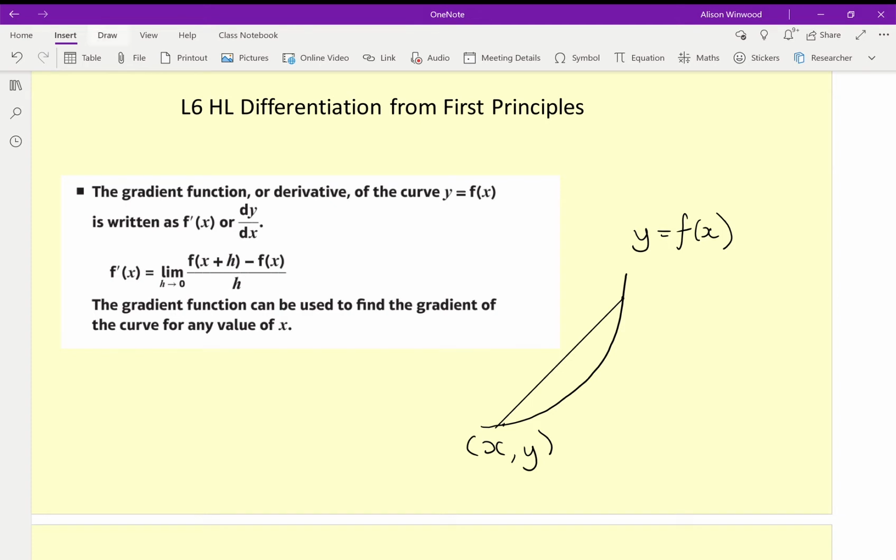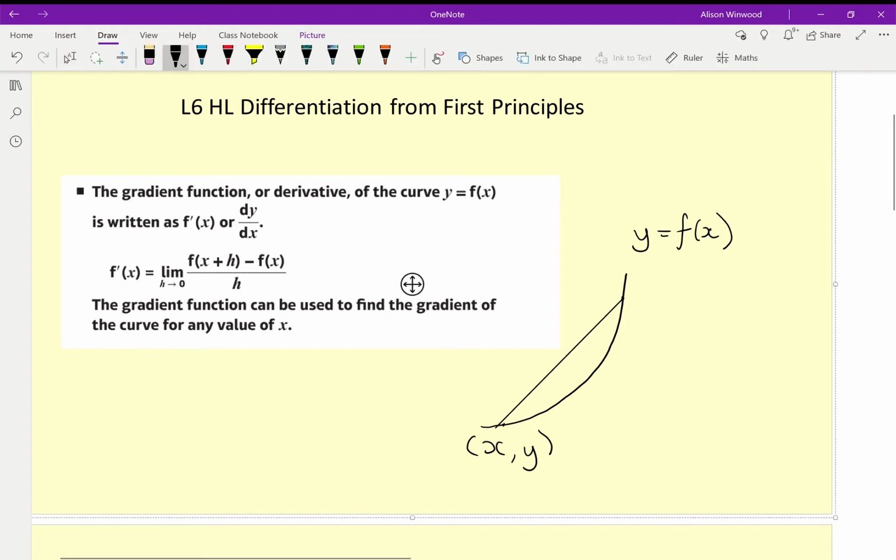Differentiation is a technique that's used to find the gradient of a curve at any given point. So if we take a look at any curve, then obviously it has a different gradient as we move along the curve. And trying to work out what that gradient is, because only a straight line will have an exact gradient, is kind of difficult. So this technique was developed as a way of